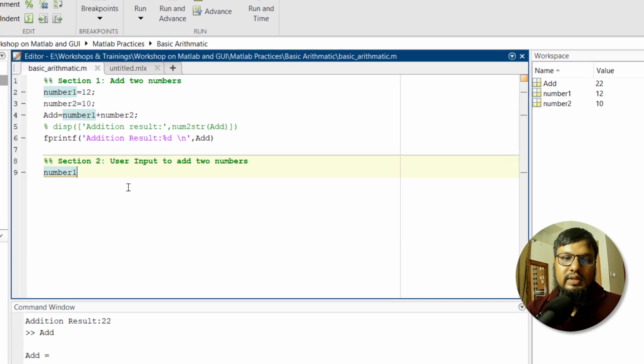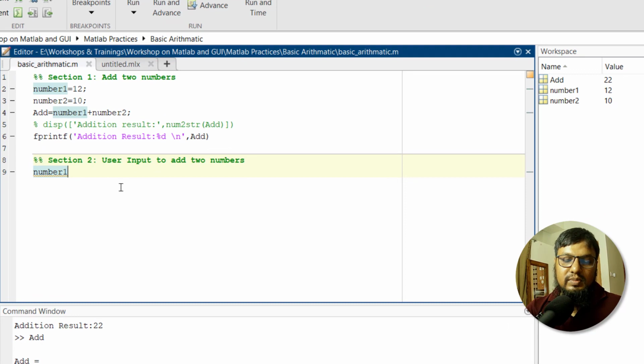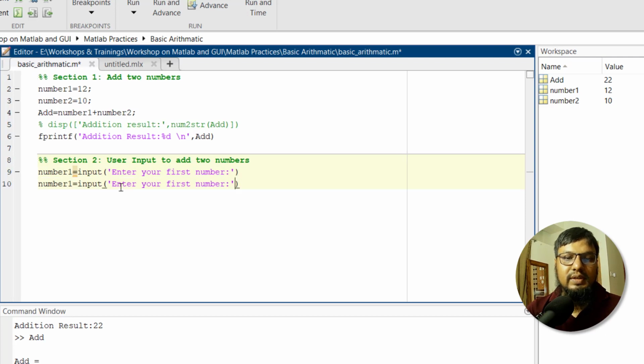So let's say I'm creating another section, but in this section we want to demonstrate the input command. For that reason, I will bring in input. The statement syntax is, after typing in the input, you will need to put a prompt message. Here you can type in anything, enter your first number. In a similar manner, let me just copy and paste it for second number, and let us store it in number 2. And finally, in the add section, I will just add these two numbers, number 1 plus number 2,